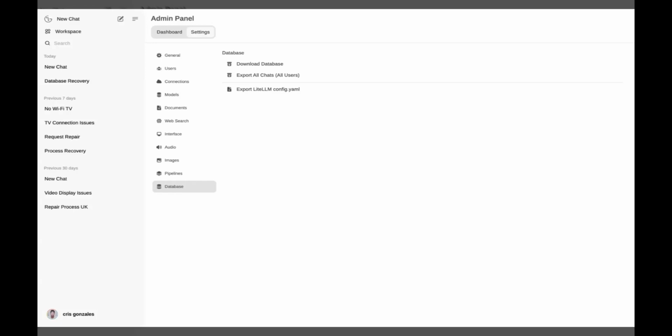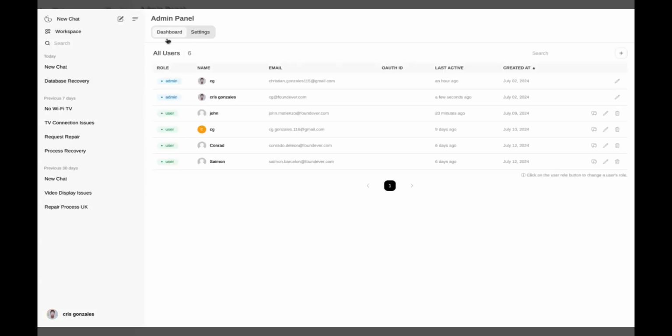So, if in case we do have internet downtime and we still have telephony, we will still be able to troubleshoot, and we will still be able to use the AI to retrieve the troubleshooting steps that we need to help resolve the customer's issue. And that's your basic settings. Dashboard is just, as an admin, I